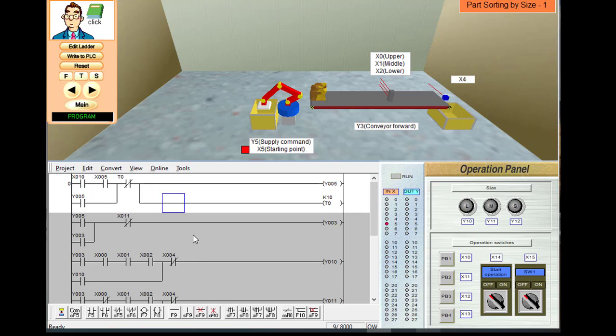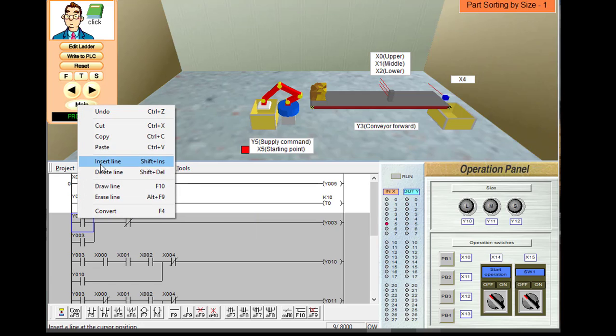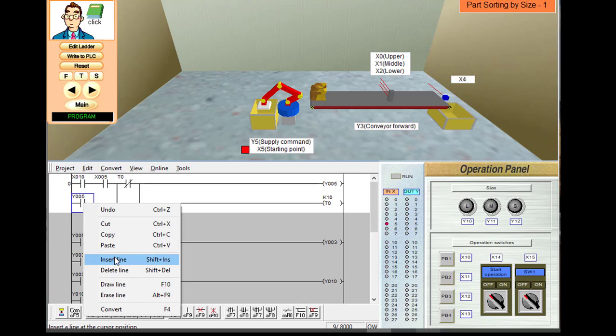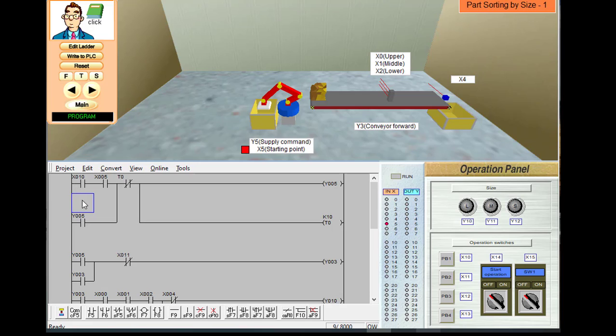One thing is remaining: every time we need to press the start button, otherwise we will not get a new part on the conveyor. If we want to automate this process, the last sequence is X4. When the job comes near X4, we can again start this supply command. To do this, we'll insert one new line over here, and parallel to X10 we'll write the rising edge of X4.